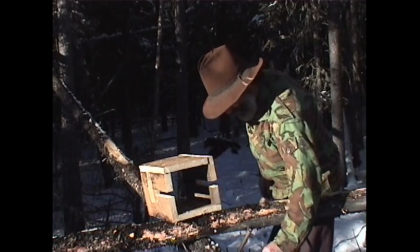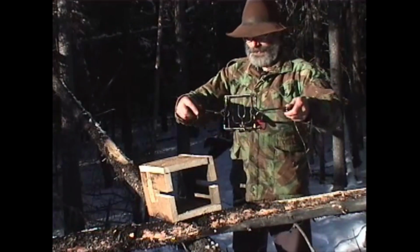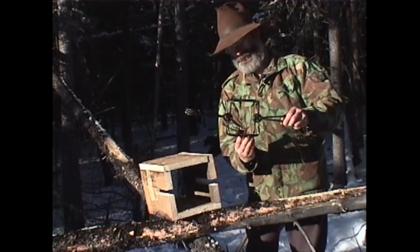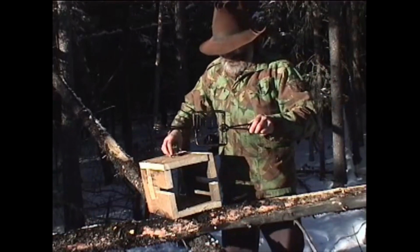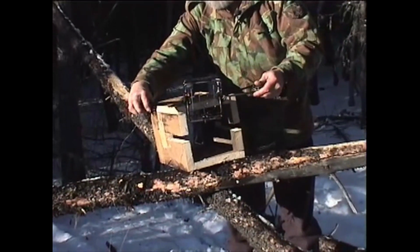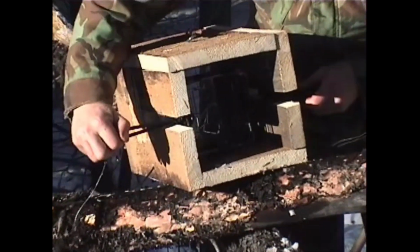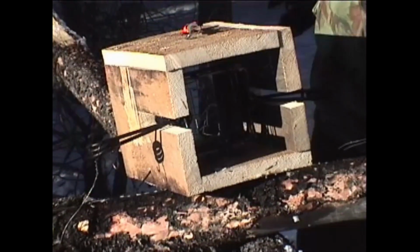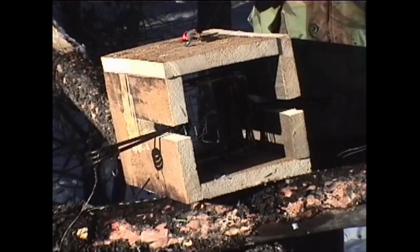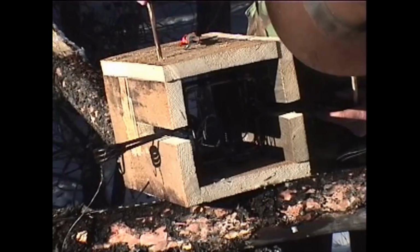So I'm going to place this trap now inside our box so you can see exactly how this system works. I'll take my safeties off here. Oops, I'll turn the trap around because I want the forks that are sticking up in front normally. Okay, I've got a couple of little sticks I'll reach down and get here. Just a couple of twigs that I've whittled down. And I've drilled holes in the box so that the trap